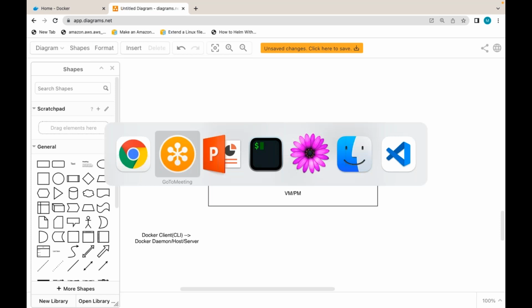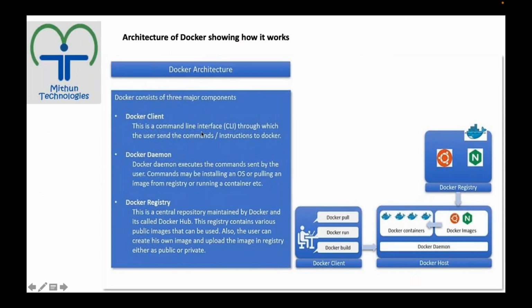So Docker client is basically a command line interface using which the user interacts. This user is not an end user. The user here is the user of Docker. That can be a developer, a DevOps engineer, a Jenkins process, anything. End user is not going to directly use Docker.